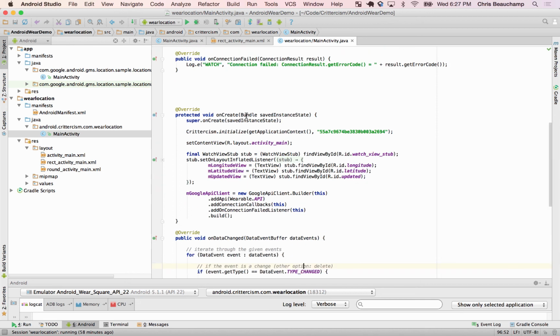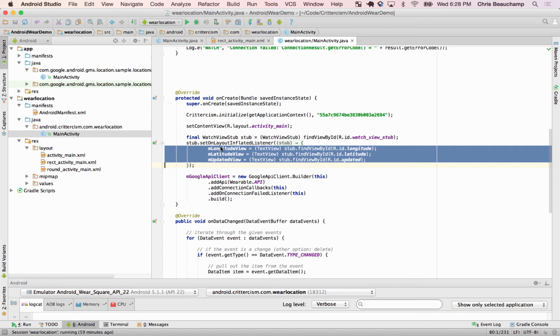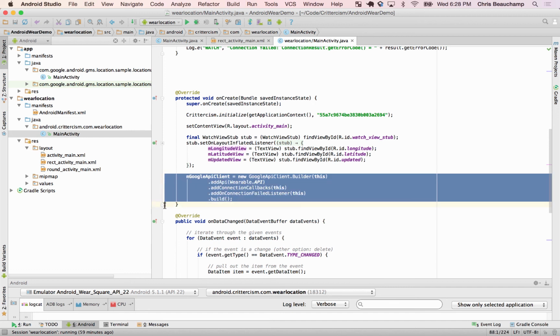If we go into the Java class, so our main activity for the watch, you're going to notice we've got another onCreate method. If you're familiar with Android development, this is all going to come very, very easily to you. So it's a very low barrier to entry to add a watch extension or watch app to your existing Android app. We're going to do the same thing as we did in the phone and inflate our view and tie all of our text views to some class variables, and then create the same type of API client that we created from the phone. And in this case, we're not adding the